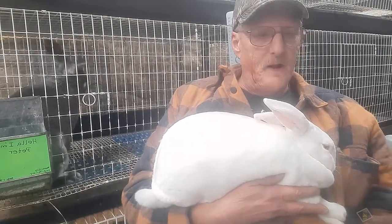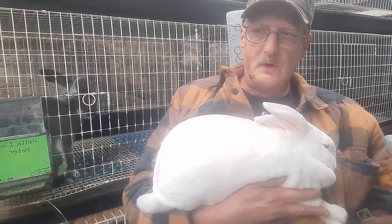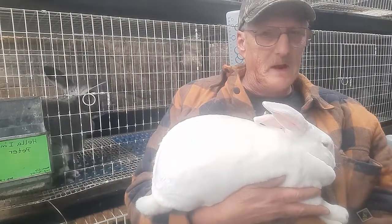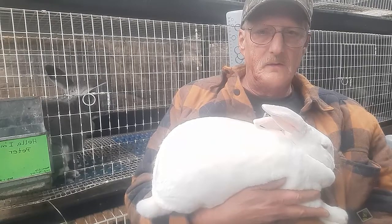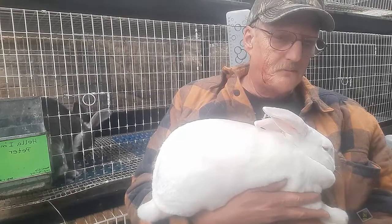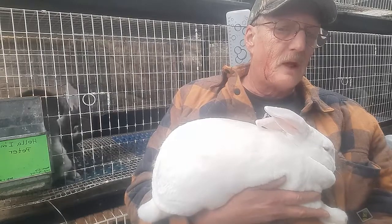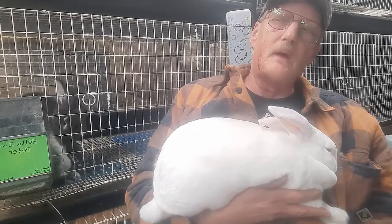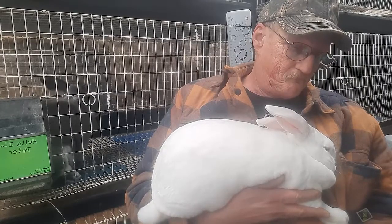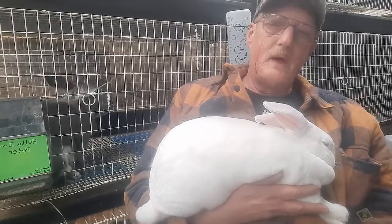So again, if anybody is interested in any of the white Rexes, June 17th, you know, there is some of the chocolate in the background here. I can't remember who she came from. It's very possible she would have been from the black otter doe that I wanted, Latte, but I can't remember. Anyways,